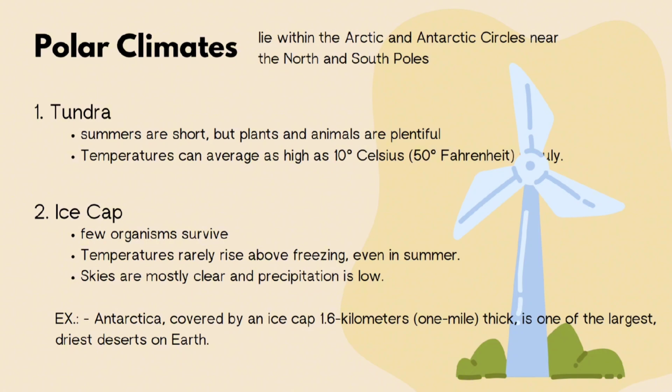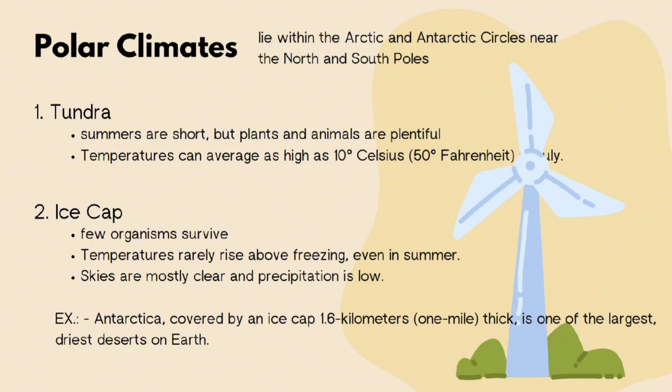Few organisms survive in the ice cap climate of the Arctic and Antarctic. Temperatures rarely rise above freezing, even in summer. The ever-present ice helps keep the weather cold by reflecting most of the sun's energy back into the atmosphere. Skies are mostly clear and precipitation is low. In fact, Antarctica, covered by an ice cap 1.6 kilometers or 1 mile thick, is one of the largest, driest